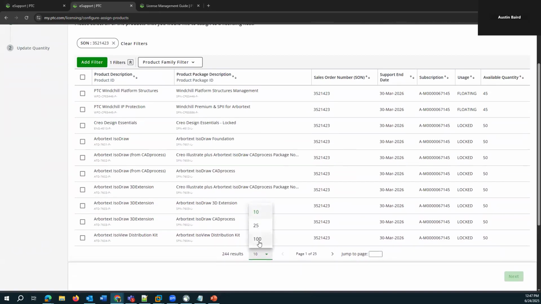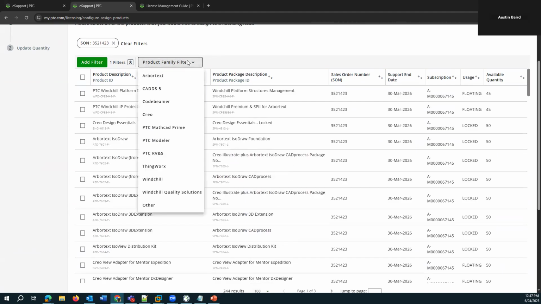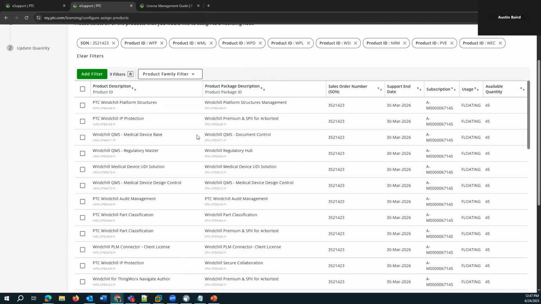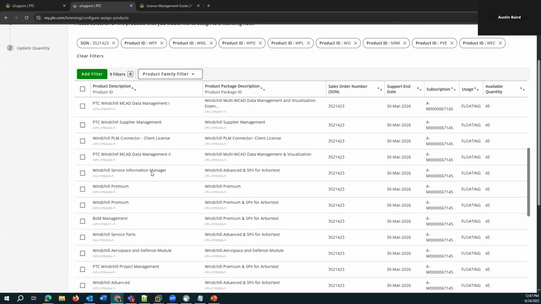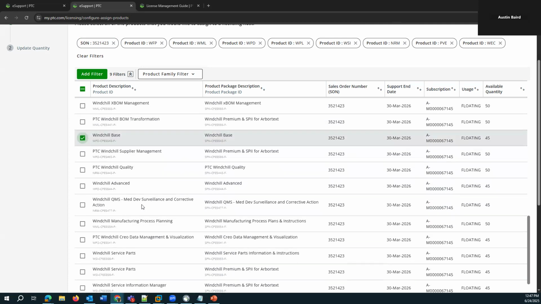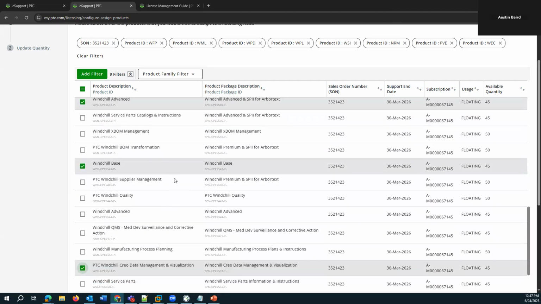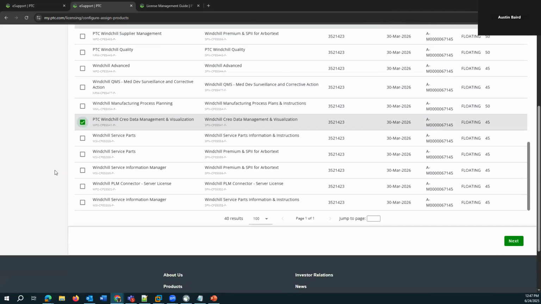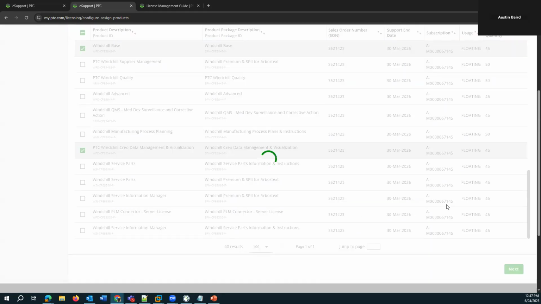And I'm going to expand from 10 lines in the table to 100. Also, I'm going to apply the Windchill product filter because I'm noticing there are some Creo items in here as well. I'm just going to select some of the most popular licenses that we see: Windchill Base, Advanced, Creo Data Management. So with those items selected that I want to assign,